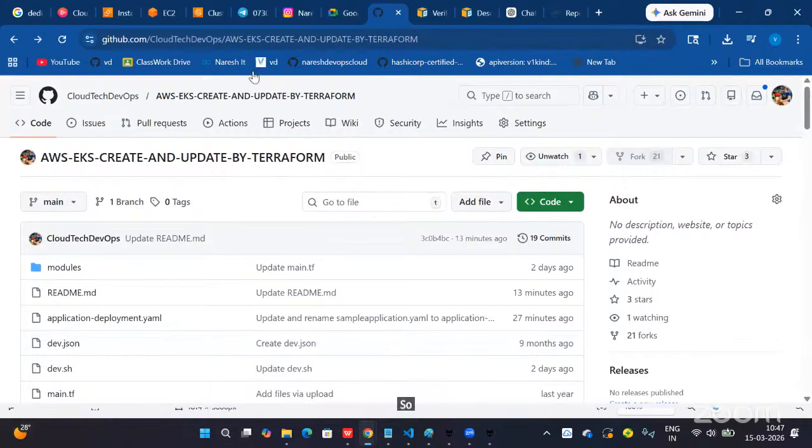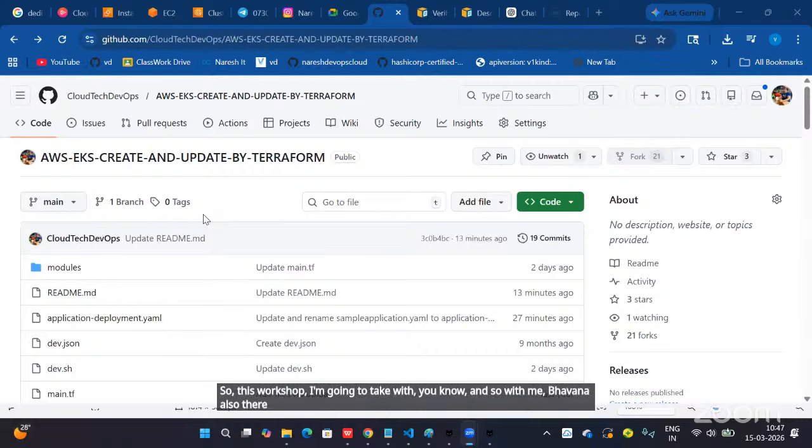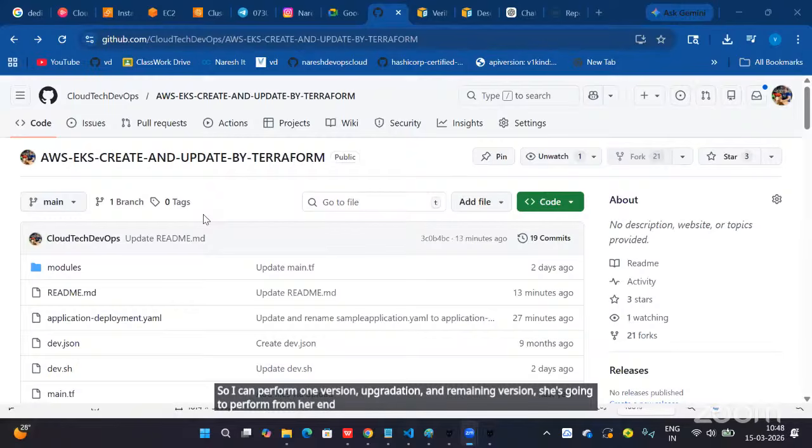For this workshop, Bhavana Vishwakarma, my student, is also with me. She is going to join me to explain the cluster upgrade. I can perform one version upgrade and the remaining versions she is going to perform from her end. You can definitely ask any questions to me or to her.